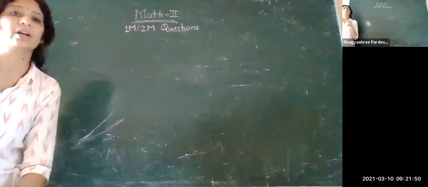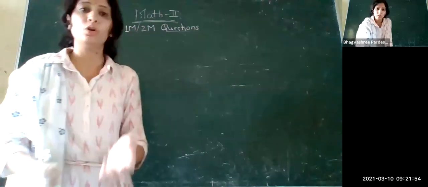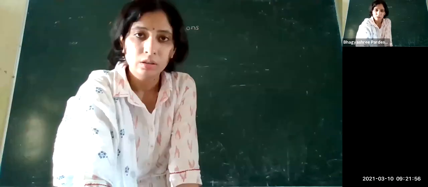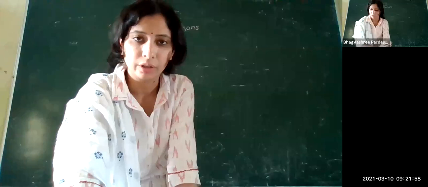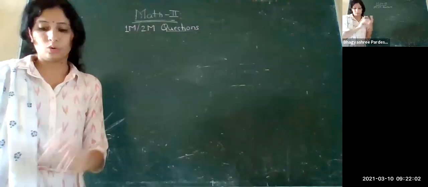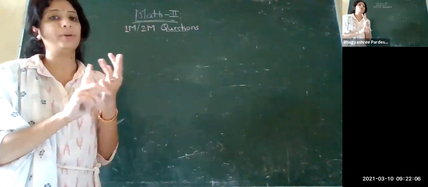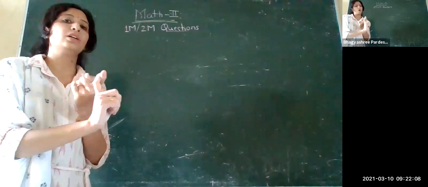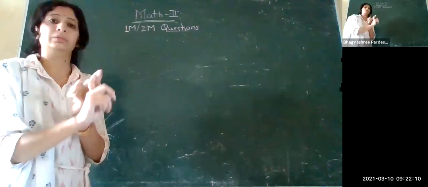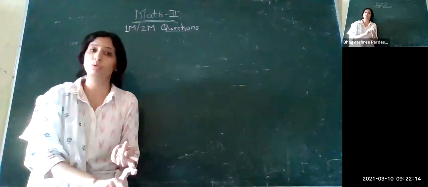The 60 marks you are having, students, and from that, similarity, Pythagoras, circle, geometric construction, coordinate geometry, and trigonometry. So from this, all are important, but Pythagoras is one of the very important and one of the easiest questions. So please do that lesson very well.